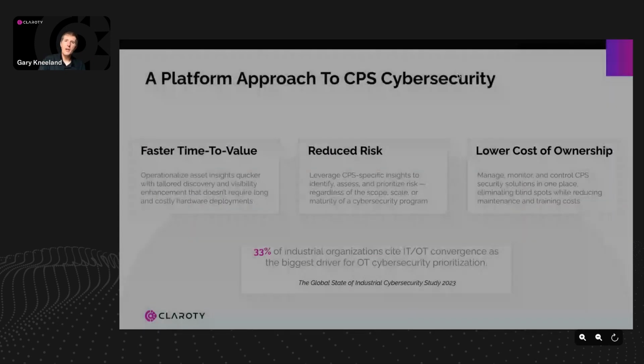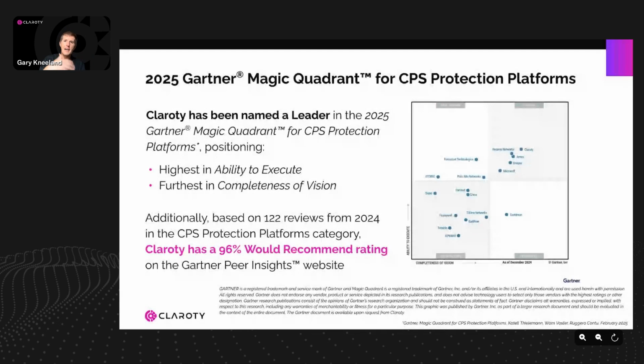The last thing I'll quickly throw in here is, again, we just went through this Gartner process for Magic Quadrant. This is something that we're very, very proud of. Clarity has been named a leader in this space. You can also see in this, we're actually all the way in the top right. So we're very, very proud of our positioning here. So this is something that we continue to innovate on, things like device purpose, to make sure that we can execute our vision, make sure that our customers can get all the context and the information that they need so that they can appropriately respond.